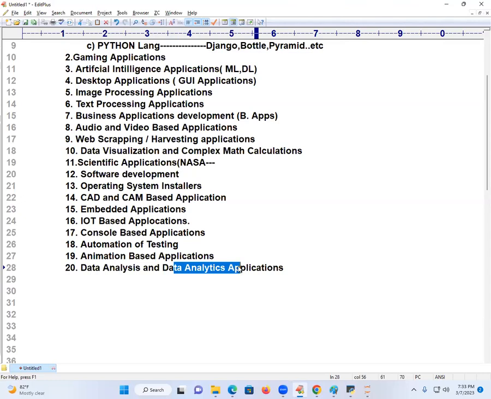For that, some tools are there in Python programming. And next is called what? 21. I am going to write it. Computer vision. I can say one simple example. When I go to DMart, people are going to read the barcode. Reading the barcode is one simple example of what? Computer vision. It's a data science based application.